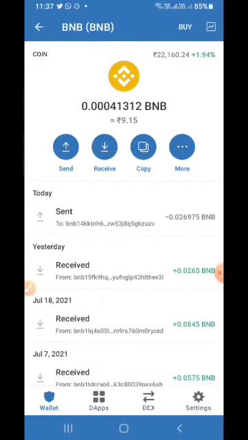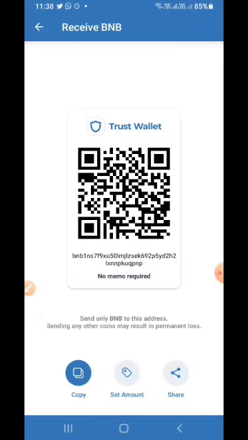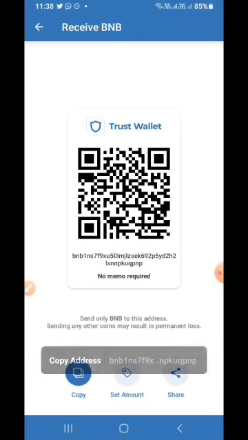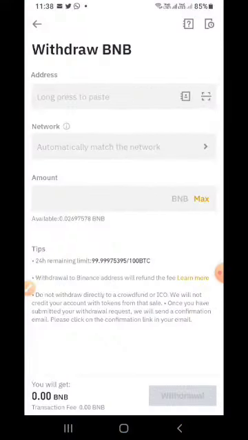We are receiving BNB from Binance to Trust Wallet, that's why click on receive and click on copy the address. The address will be copied, and then you can click on the Binance account and paste the address.